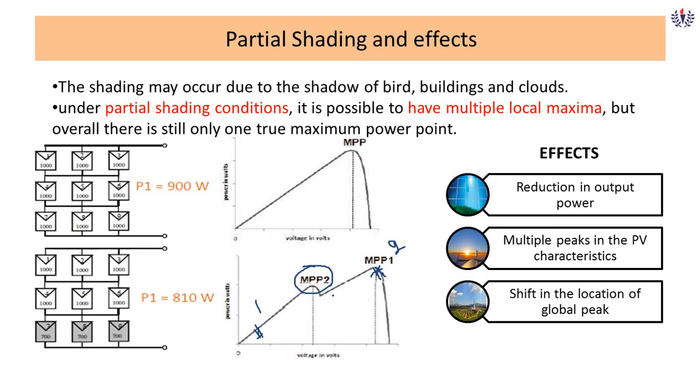I wanted you students to think on this point. Please keep thinking. Let us see the effects of partial shading. Yes, of course there is a reduction in power output. Of course you know this. Multiple peaks, yes, because there is a difference in irradiation. Definitely there will be steps in the IV characteristics and multiple peaks in the PV characteristics. High non-linearity and complexity will come. And last, there is always a shift of the global peak towards the left-hand side or right-hand side that we may not be able to know. So these are the three fundamental effects that we have in terms of partial shading.